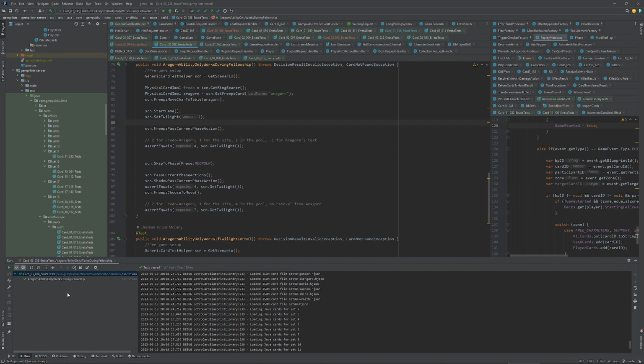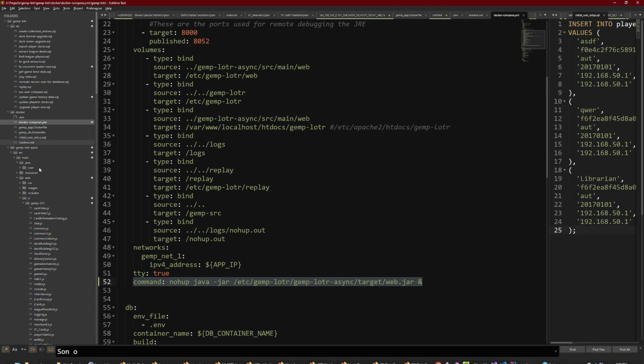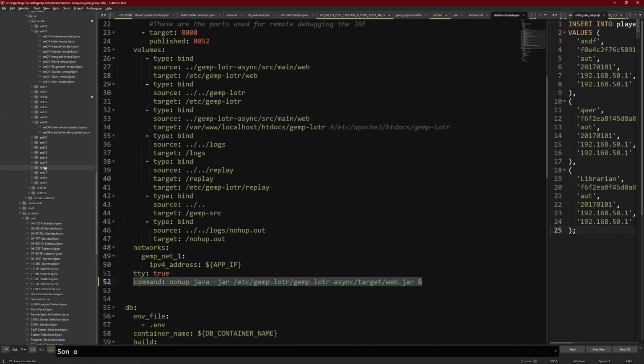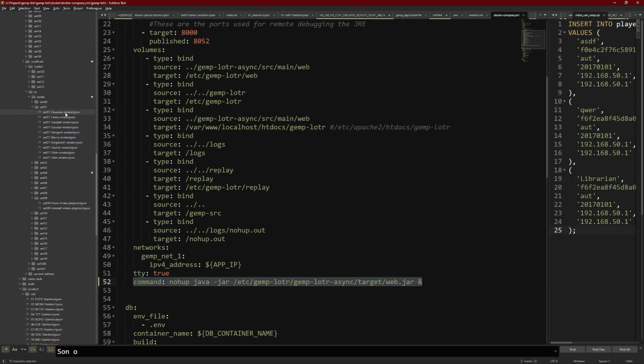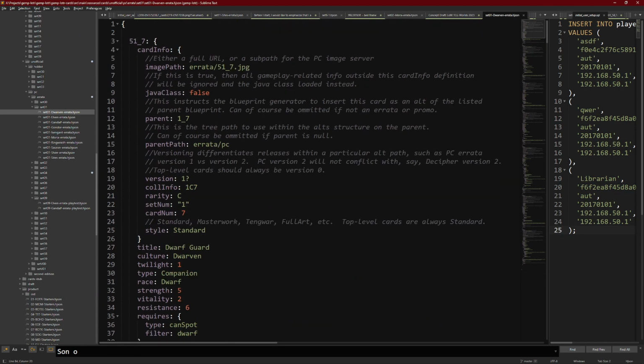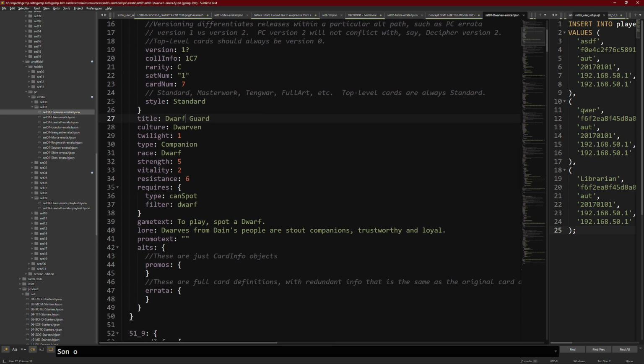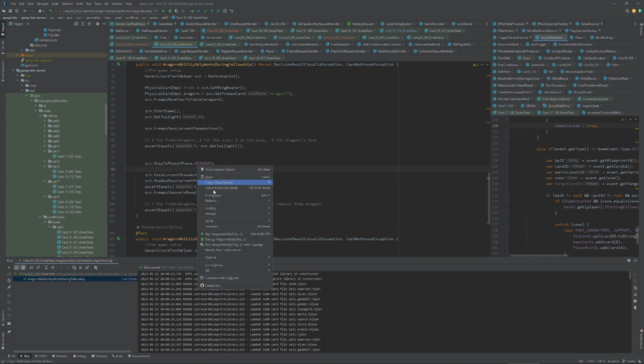And so this is part of the readout, right? So if I were to come into our definitions, let's just take one of those dwarven errata. Okay, so dwarf guard. We are going to screw up dwarf guard here. We are going to do something illegal. I think I'll just add in additional braces so that it's an invalid definition, right? And then if I come in here and rerun this,